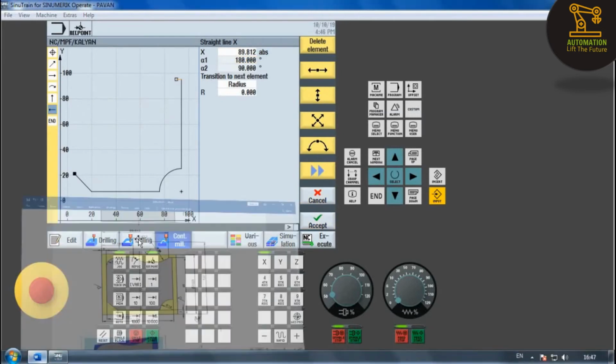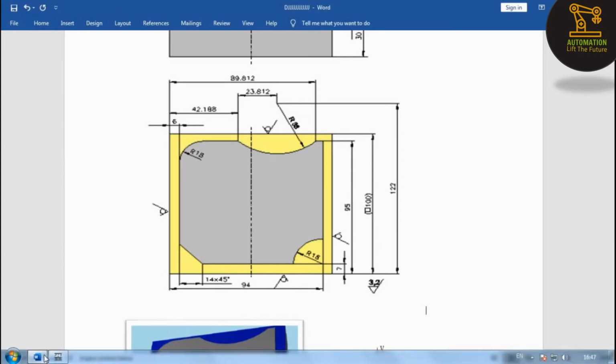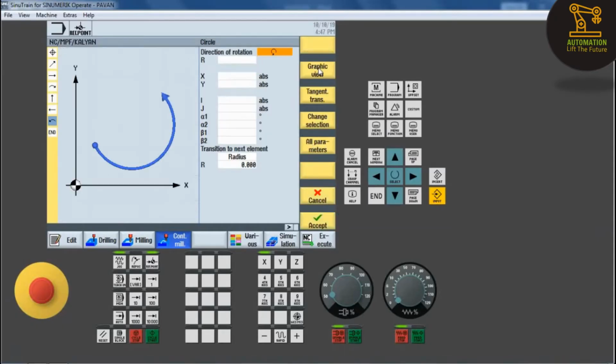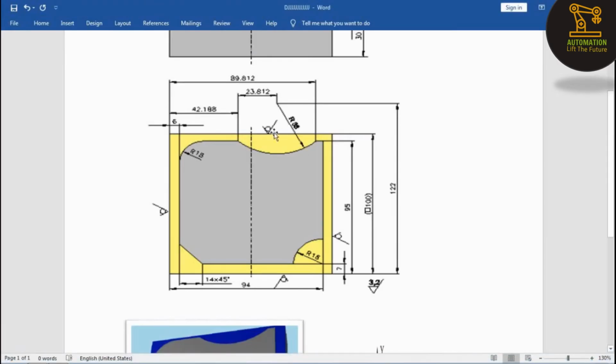And then accept, and then we have circular motion, clockwise direction, so with radius 38. So click on circular motion and click on clockwise direction with radius 38.